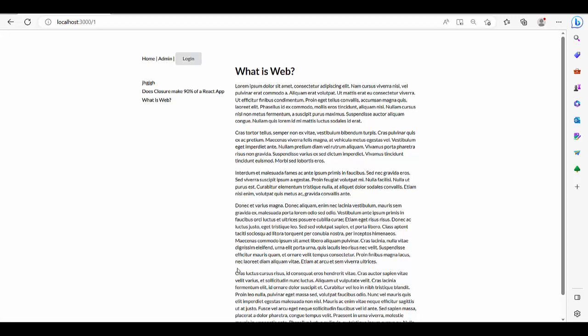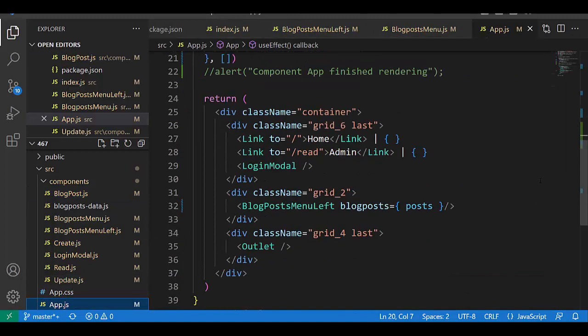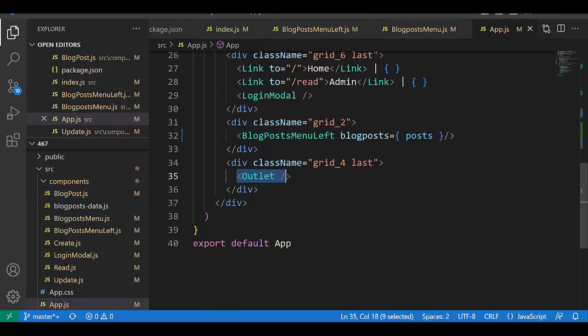I explore this. I talk with artificial intelligence, and I must say that only I have some idea. And this idea is here, app.js. This is the outlet. That blog post is coming in the outlet